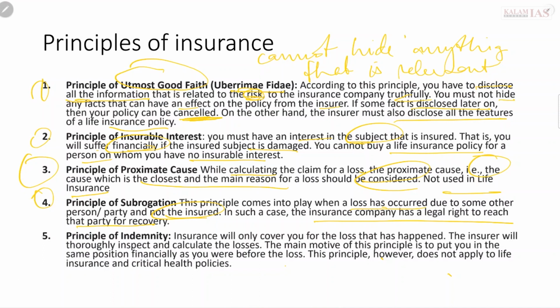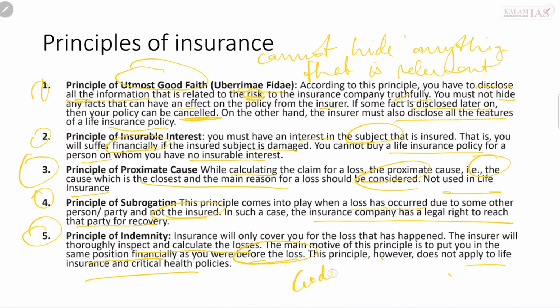Next is the principle of indemnity. This principle means that insurance will cover only those losses that have actually happened. The insurer will thoroughly inspect and calculate the loss. The main motive of this principle is to put you in the same position financially as you were before the loss. The principle does not apply to life insurance also. For example,